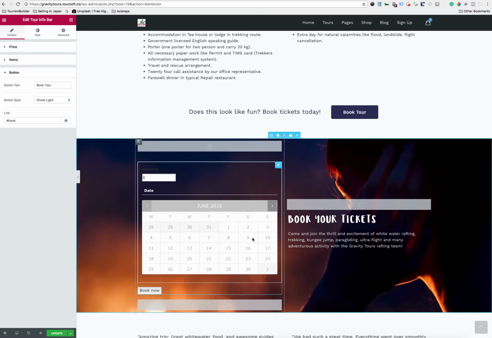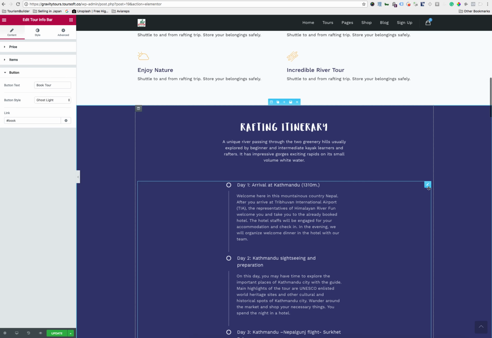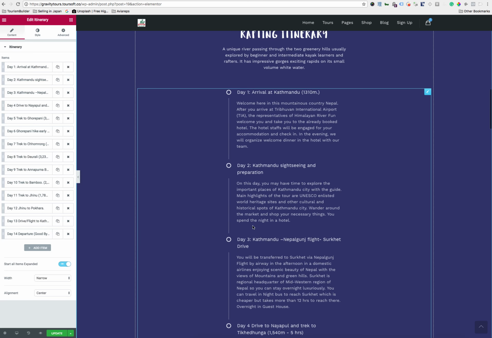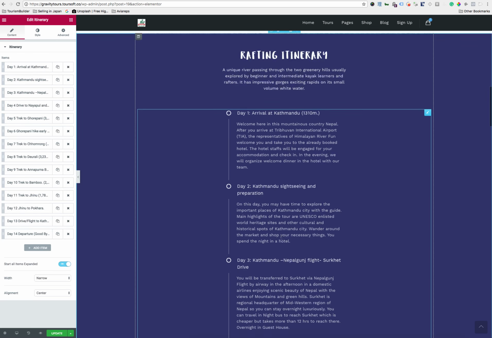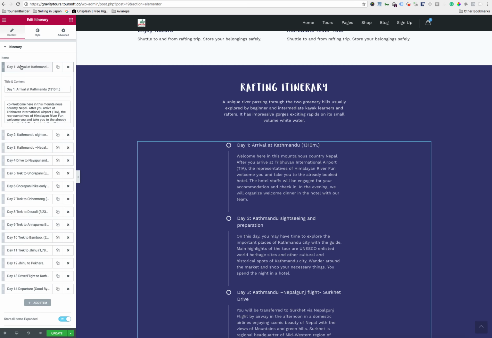down below here. Next, let's look at the itinerary widget. So this is a special widget that allows us to actually build this visual representation of the itinerary, what we're doing on day 1, a little description about that, day 2, and so on. And these items, they're built using these blocks here. So when you build a new tour page, we recommend duplicating one of these existing tour pages and then adding